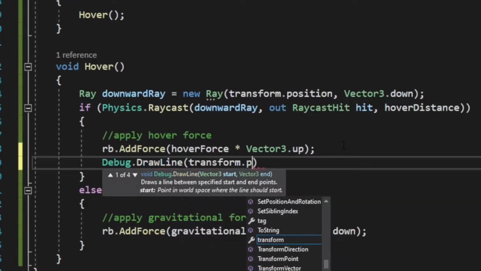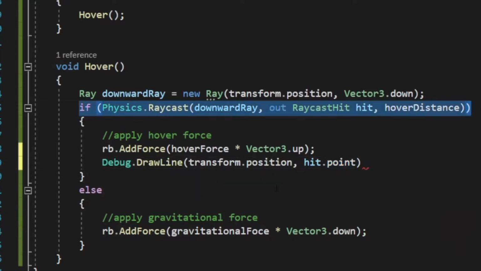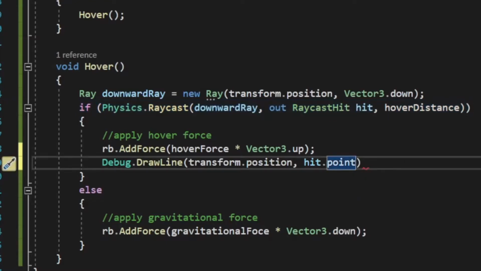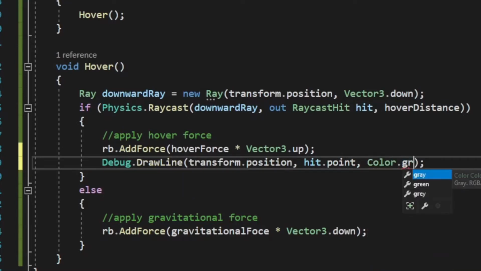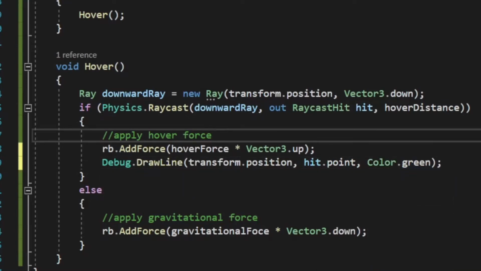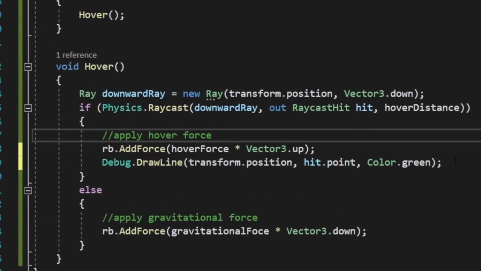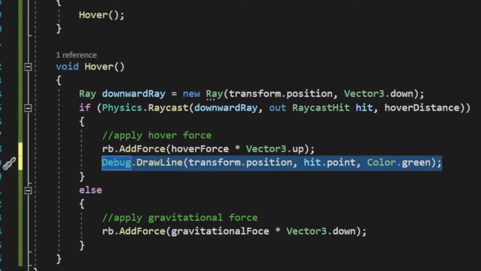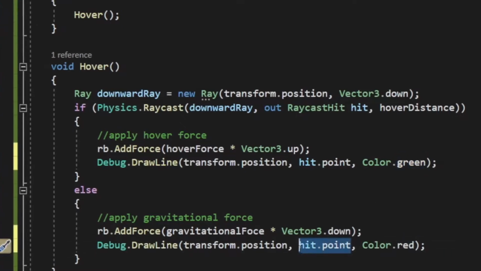debug.drawLine from transform.position to hit.point, because in this case, if this if statement evaluates true, that means hit isn't null, and I can access the point. And since it's hitting something, we'll say Color.green, because that's what we did in the drawing. I realize now, perhaps this is a bit confusing if it's green when it hits something. I don't know. But we'll make it green when it hits something, and if it doesn't detect anything, it'll make it red, and hit.point will not exist, so we'll have to do